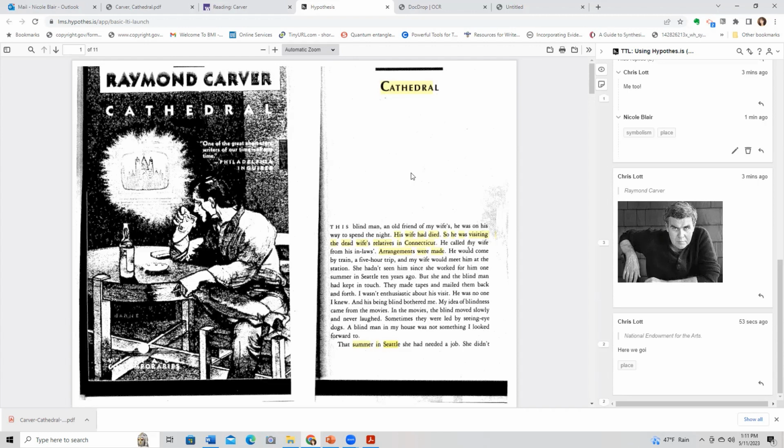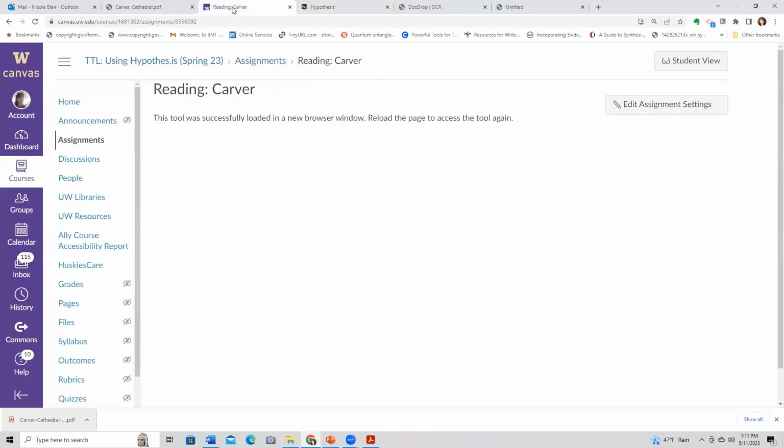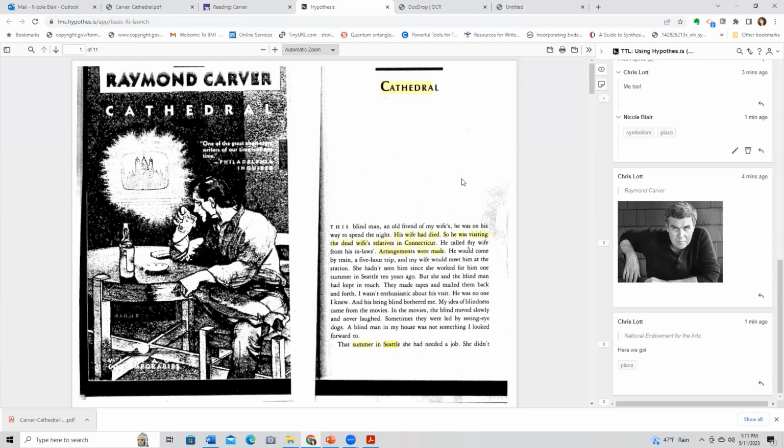I guess you'll probably show us what it looks like on Canvas after the fact. But I'm curious about the longevity of the comments. I'm not seeing a way to export them, so I assume that you can go back to Hypothesis whenever you want. But I know that things disappear over time with Canvas, and external tools too, maybe.